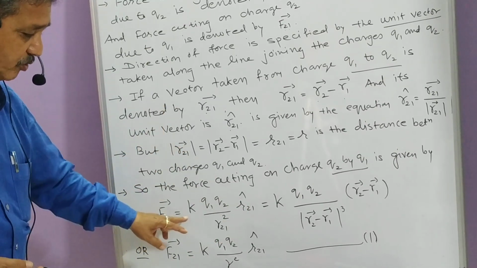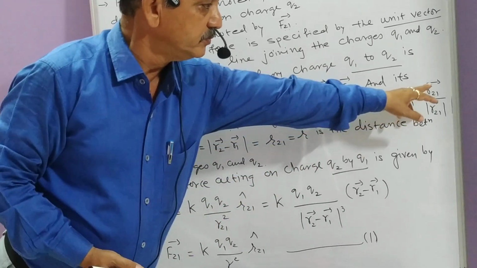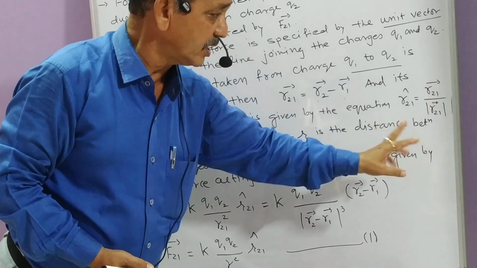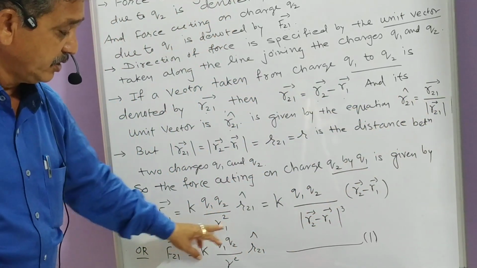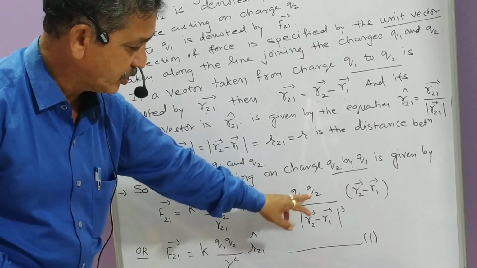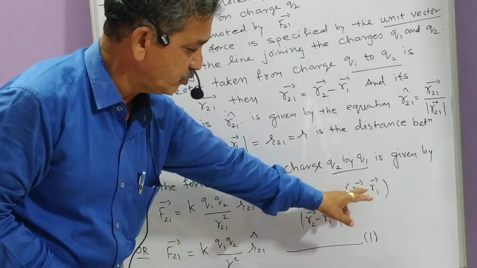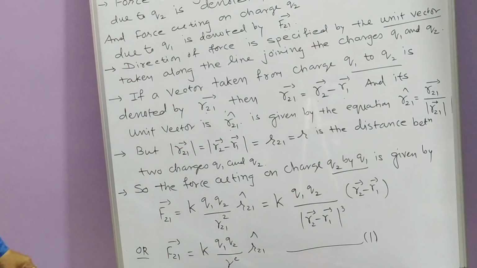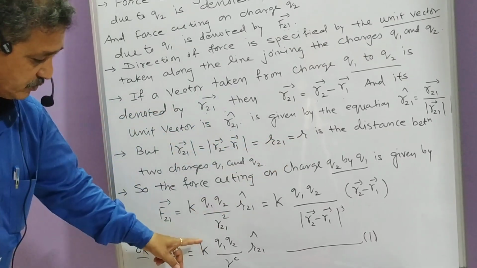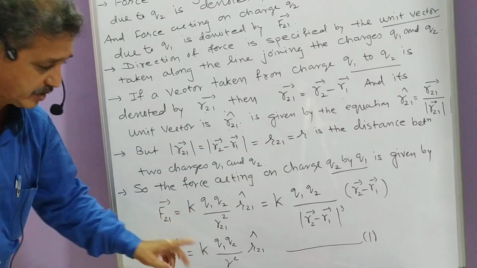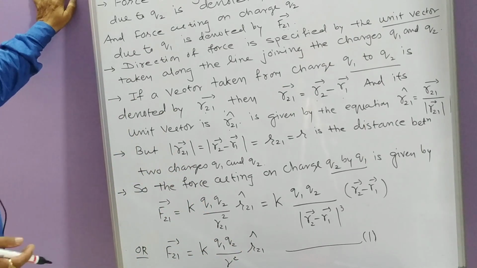Now if you substitute the value of unit vector R21, which is R2 minus R1 upon the modulus of R2 minus R1, and simplify, you will get K Q1 Q2 upon the modulus of R2 minus R1 cubed into the bracket vector R2 minus R1. Or, replacing R21 by small r, this is K Q1 Q2 upon r square into unit vector R21. Call this equation number 1. Now similarly,